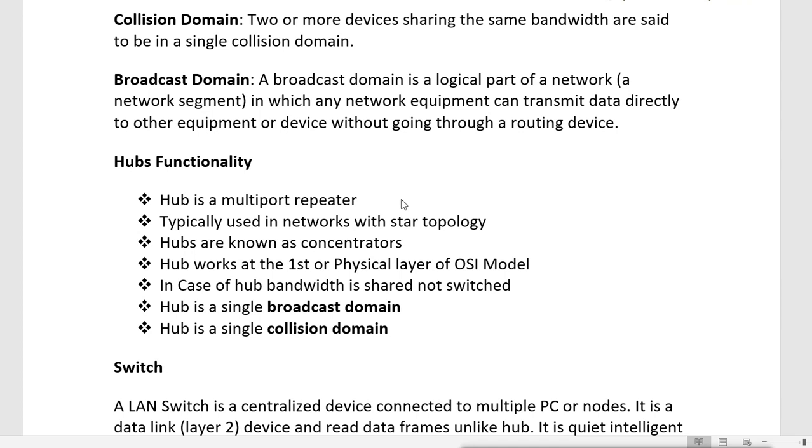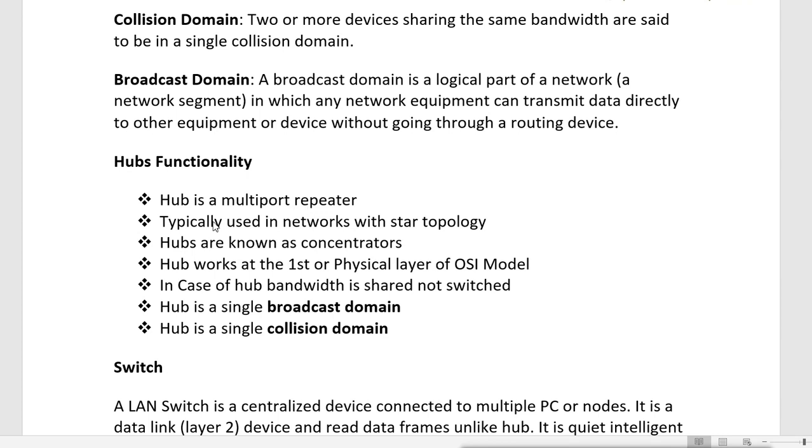It just repeats the same data; it only amplifies the signals. The hub works the same way, only the hub has multiple ports, not only two. So it is also called a multi-port repeater, because it only repeats the data. It will only do the transmission. It will not identify the data.